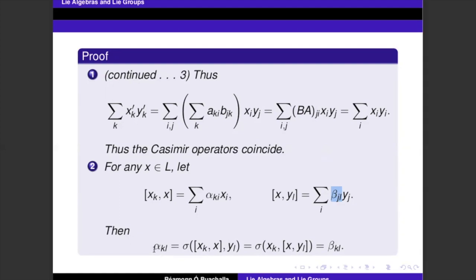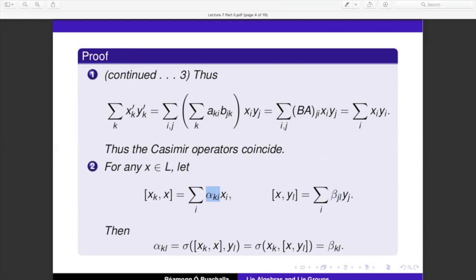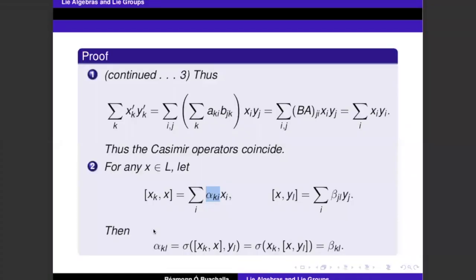So what does that mean? Well, it means that we'd now like to learn something about these coefficients, or in fact, the relationship between these two coefficients. So we have alpha_kl is equal to sigma of x_k, y_l. Okay, so why is this the case? Well, look, we've expanded this. Take the expression for x_k up here. Okay, it's this guy. But we know that these were dual bases. So out of the summation here, the only thing that y_l is going to pair with